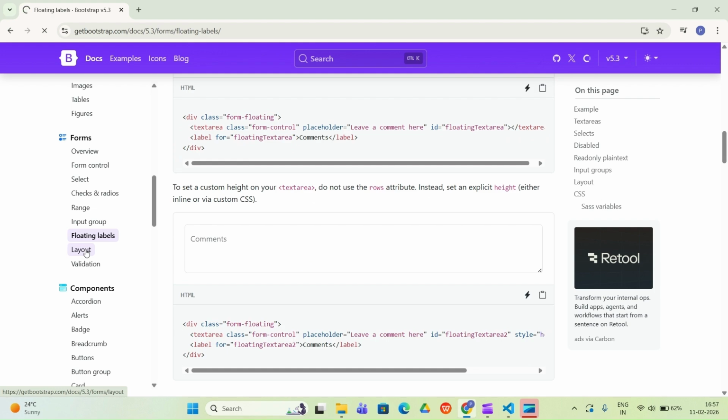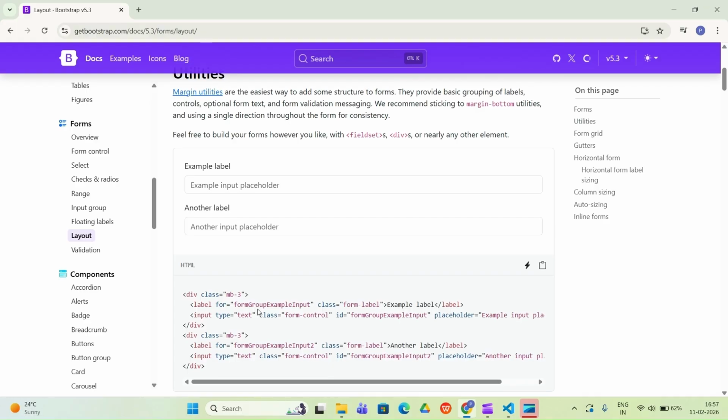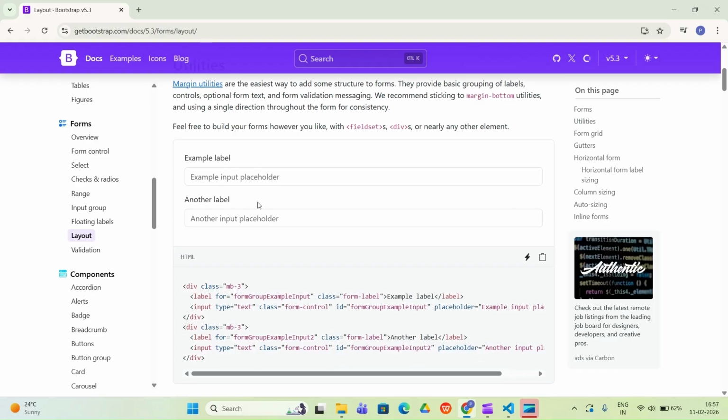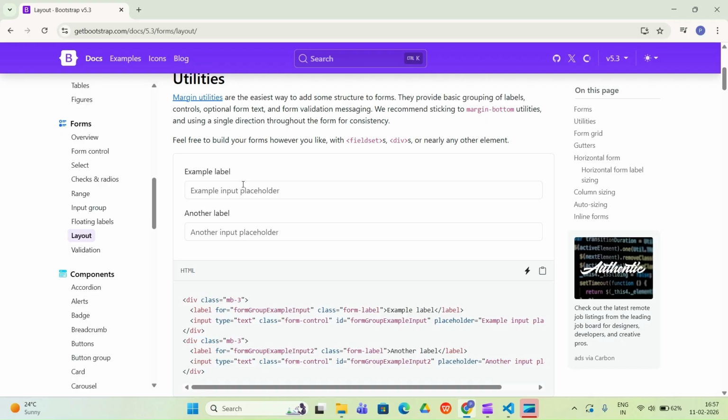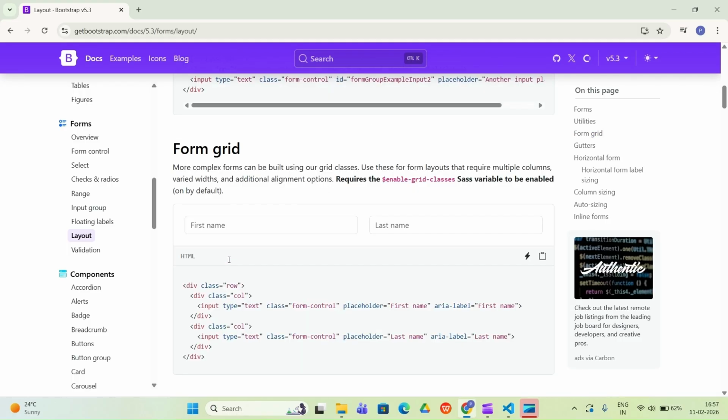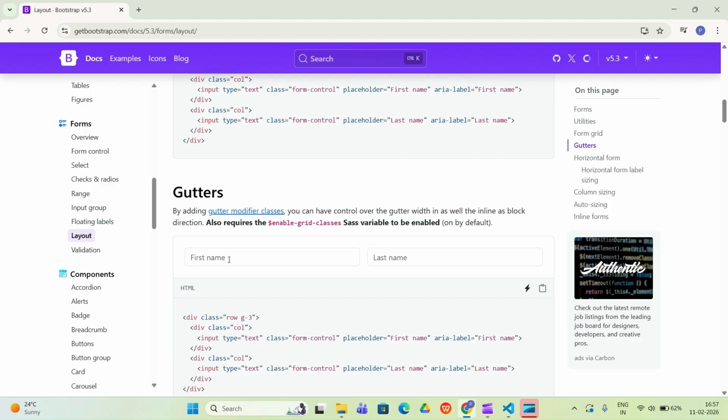Then we have something called layout. In a layout, you can see a very simple form for login and register, which a person can use. Instead of example label, you can use email, and in another label you can use password. Then we have something called form grid. We have gutters also.